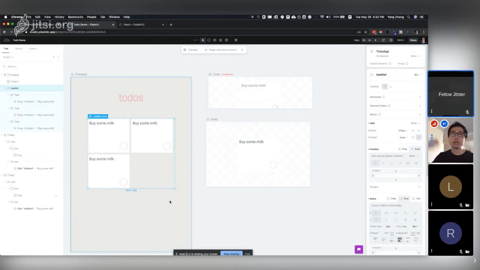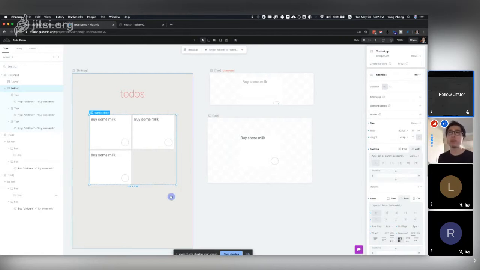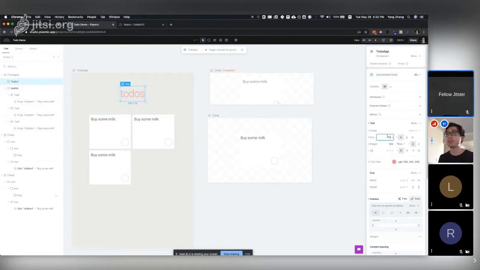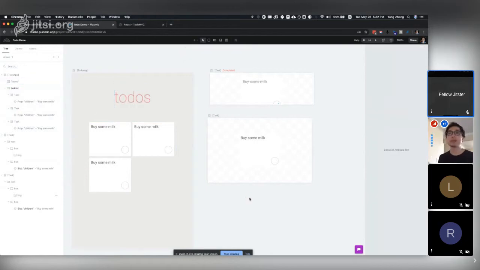So yeah, again, you can see some of the layout features in play, and it's just really easy to make dramatic changes to your design. So now I have this updated look and feel, and maybe also change the font size of this whole thing to be 72. And yeah, so